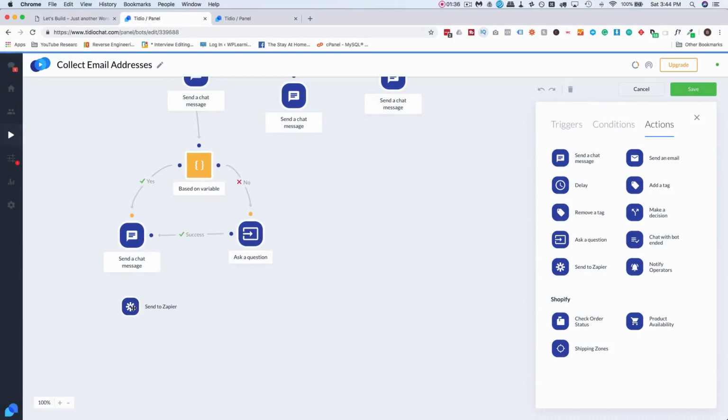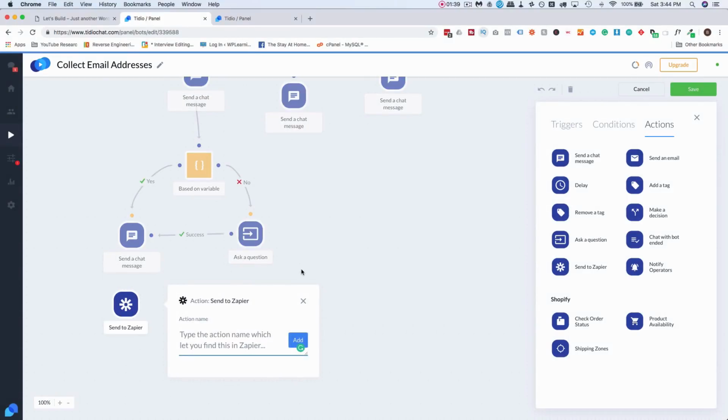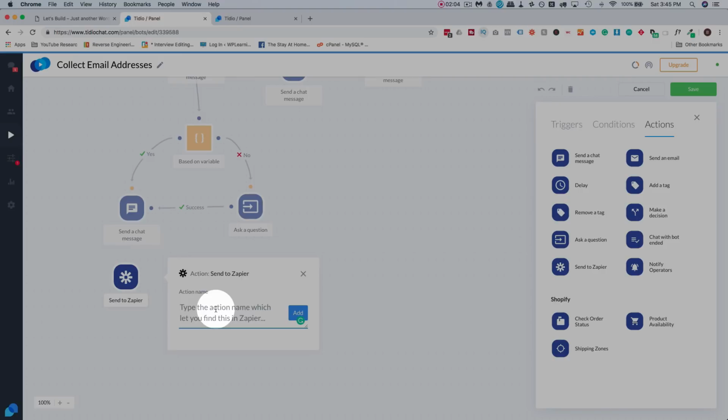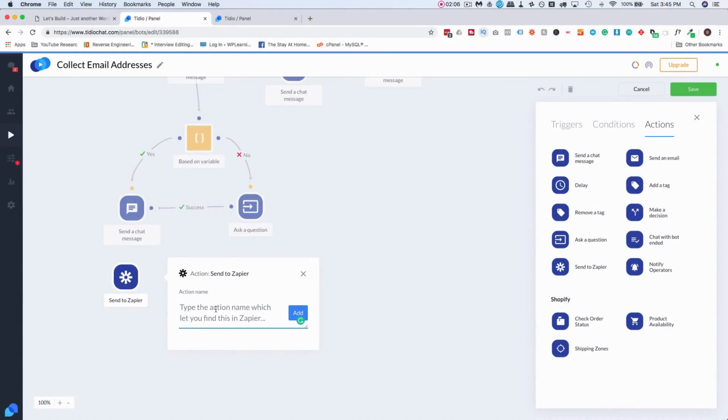Zapier, I don't know if you know about it, but it helps you connect not thousands, but over 1,000 different apps that don't normally integrate and talk to each other very well. Zapier helps them talk to each other so you can automate a lot of your processes. And Zapier is one of my all-time favorite apps in the world, period. I love it. All we have to do is name an action to be able to send this information to Zapier. So I'm going to call this, so we know it's for site speed, I'm going to call it site speed